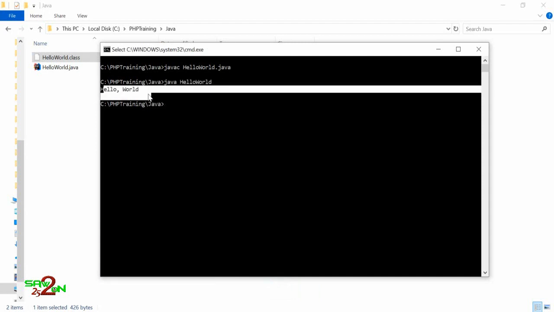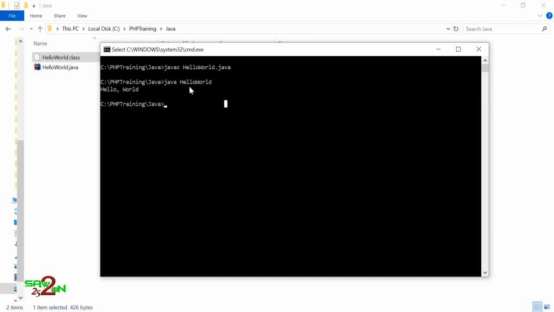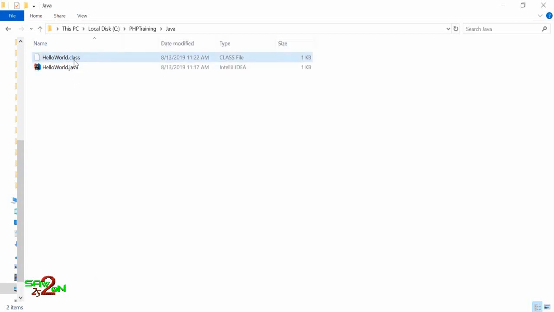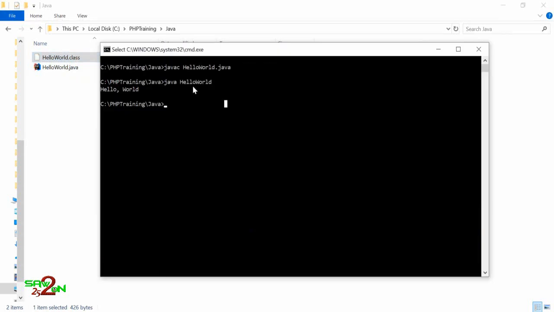Okay, so you're able to print it now. So this is basically a compiler. You compile your code, then a compiled file is created, which is executed. Then you execute the compiled code, which is understood by your machine. So in programming languages, you have to compile the program. That is the first step, and then you have to run the compiled code.